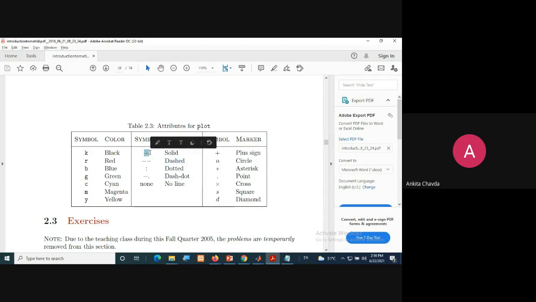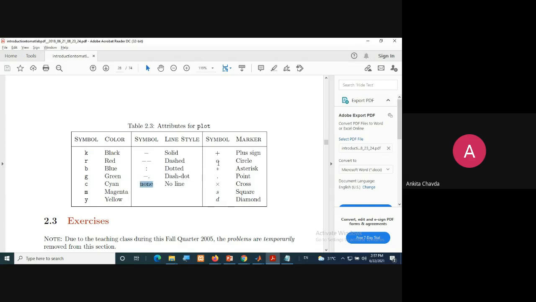The single dash means this is solid line. And this column means dotted line. That's what we have seen. Then you can even try this dash and dot. Okay, so such kind of line will be there. And if you don't want any kind of line, only you want to use marker, then also it will be, right? So here just write none.